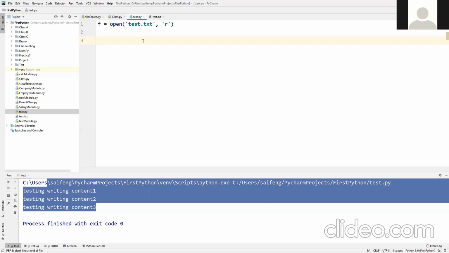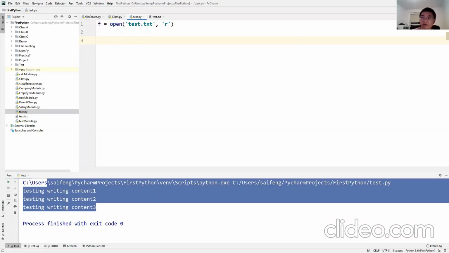How should I write that? F.read. I already opened the file, so if you want to read that, you just read it.